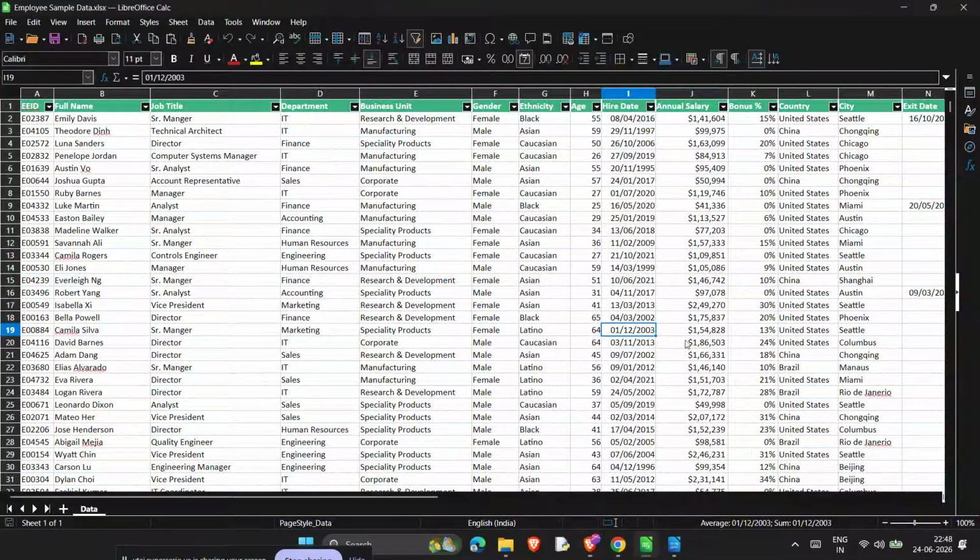If LibreOffice is giving you a VCRUNTIME140 DLL error, don't worry, this is a very common Windows runtime issue, and in most cases, it can be fixed pretty quickly. In this video, I'm going to walk you through the most reliable solution step by step, so you can get